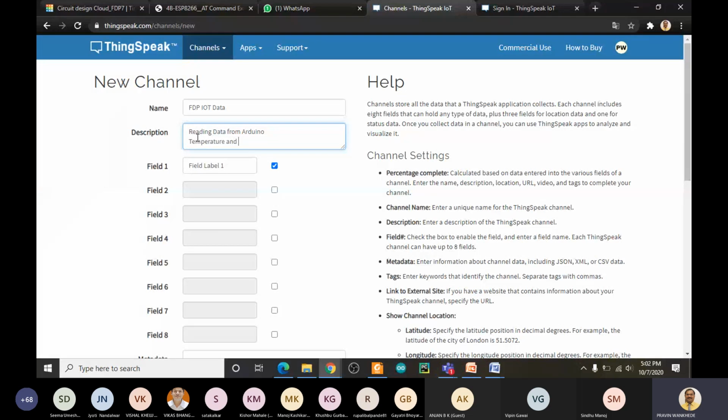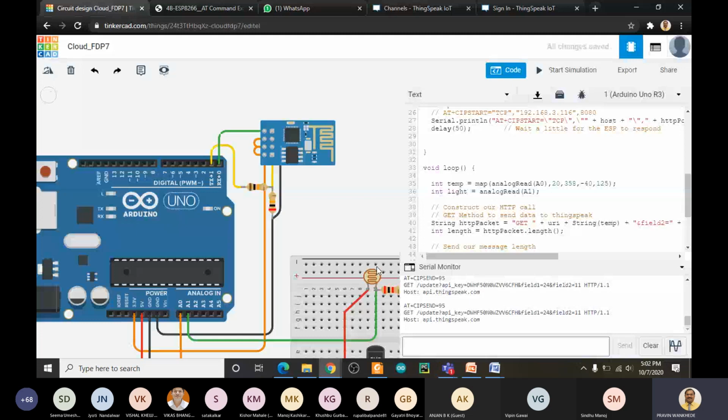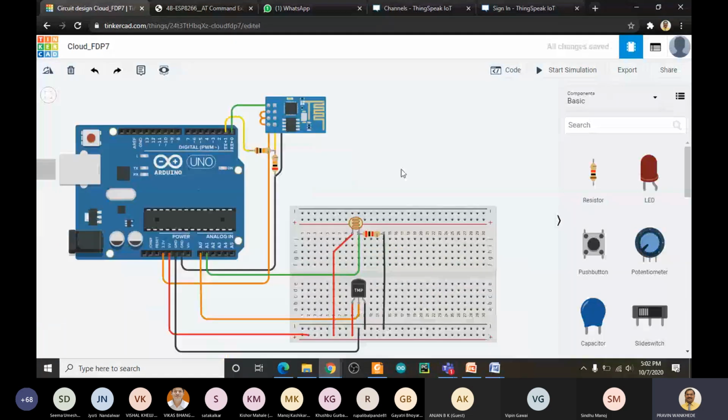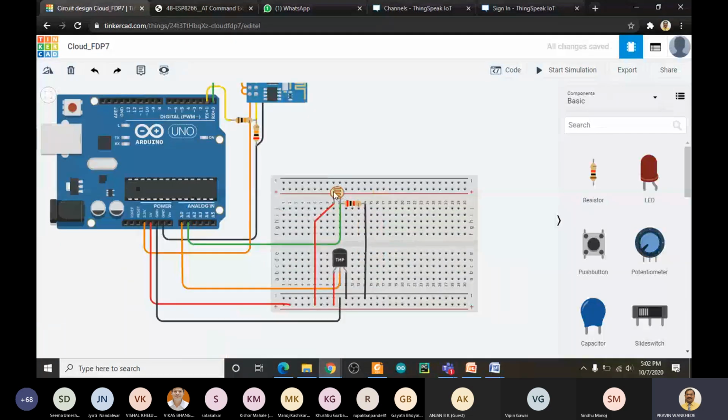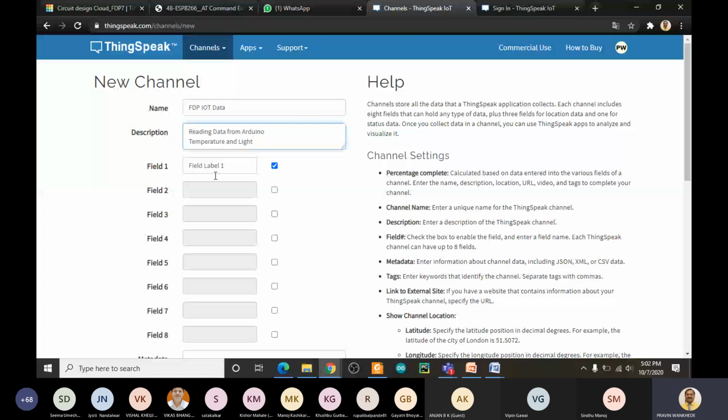Temperature and light. Now, as we have two data coming from your Arduino, one is the temperature and the other is the light, we'll create a two field set.